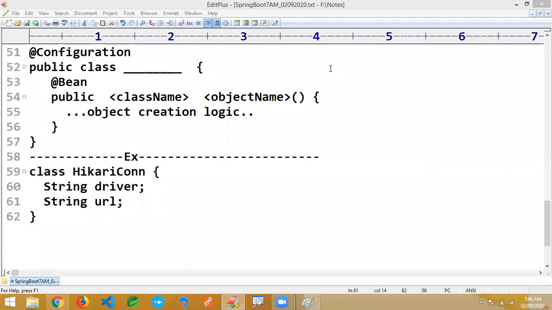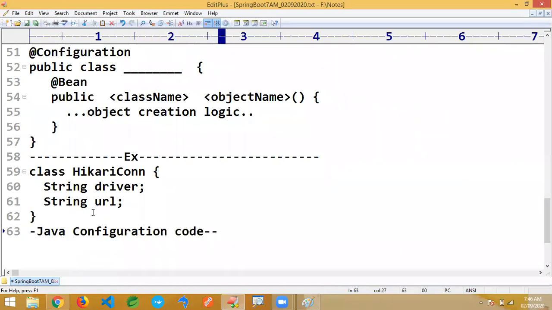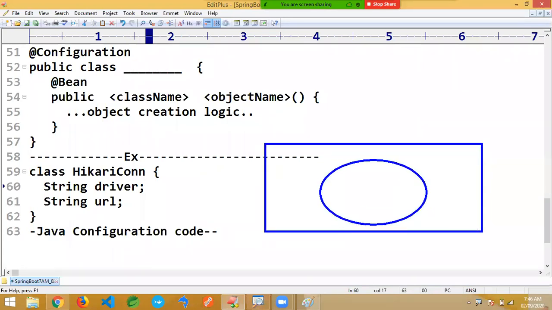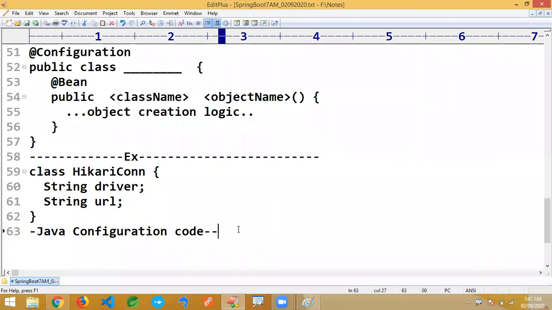Now observe carefully, like this I wrote. Now for this, what I want to do here is Java configuration code. My requirement is, whatever the class you wrote here, for this class we have to create the object in the Spring container. Some object name, any name, I'm just writing some object name here. And these variables are there, provide some data: driver is equal to MySQL, URL is equal to some ABC. Like this, I just want to tell the Spring container, create the object. I have to inform the Spring container to create the object.